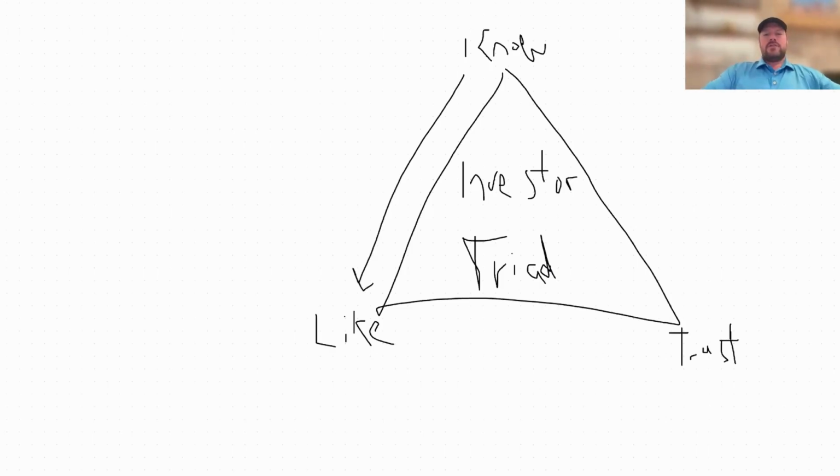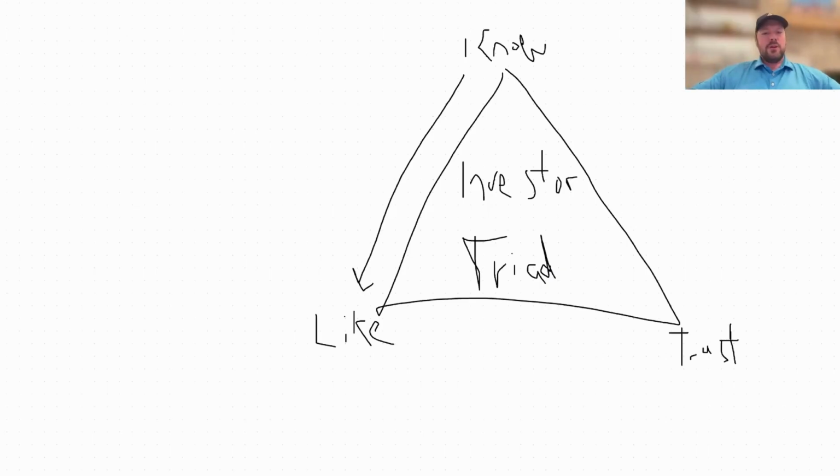And one thing you have to understand is that you can't get everyone to like you. Most people, within their first 30 seconds to a minute of meeting you, are going to immediately make an opinion as to whether or not they like you. They're not necessarily going to say whether or not they trust you, but they'll say, "Yeah, I like being around this person," or maybe "I don't like being around this person." But they can't ever get to the point of liking you unless they know you, right?